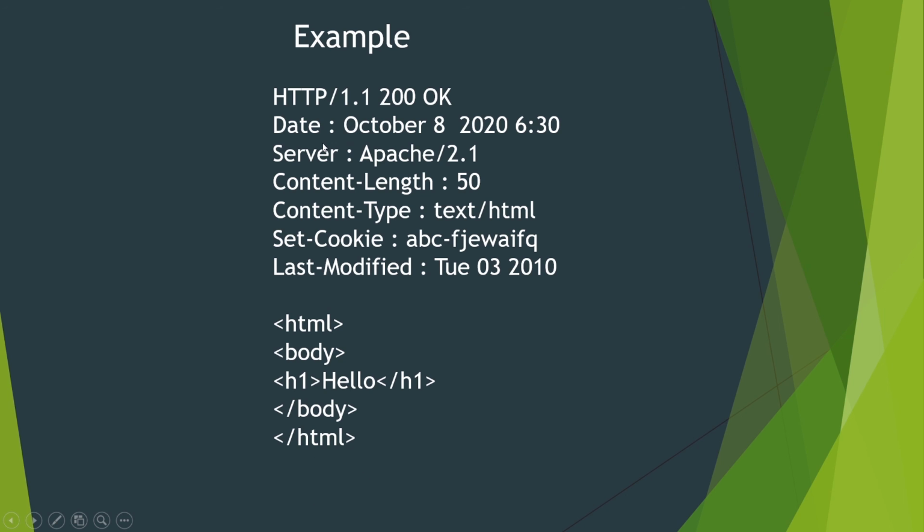So I hope you have understood. First we got the HTTP 1.1 protocol, and this is called the response line, and you get the response status code and the human readable format of that, and you can see the parameter names and values, and finally you get the actual resource body, that is test.html. So that's all for this HTTP responses.